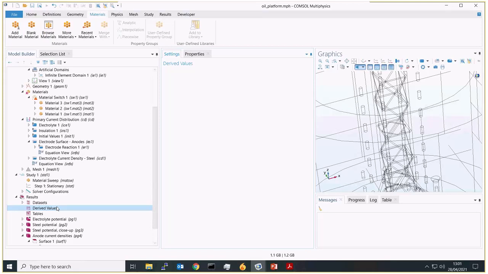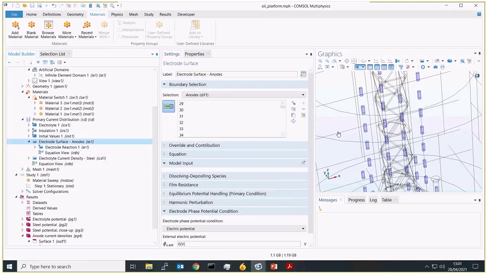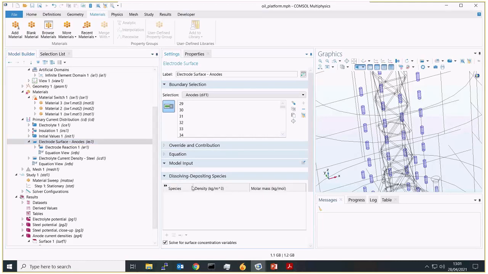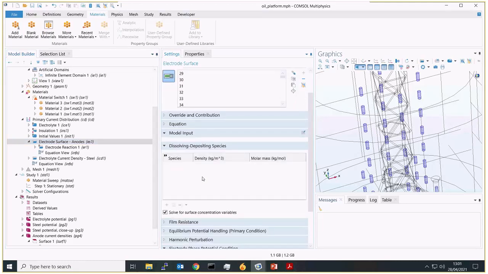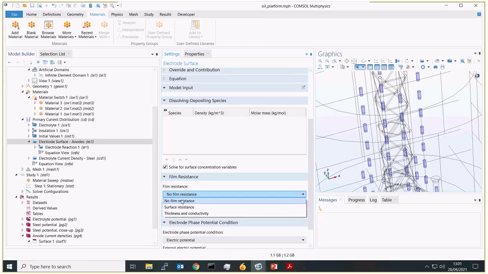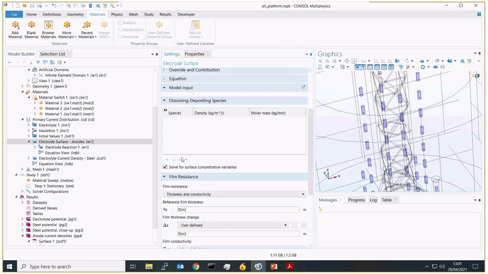Okay, yeah, thank you. The next question, again from Urvish, is asking about the possibility of studying the coating effects for underground piping. Yep. So if you have a coated material, we can either have a deposited species on our material, which we can define within this node, and then associate a film resistance with that based on the thickness and conductivity of our defined system.